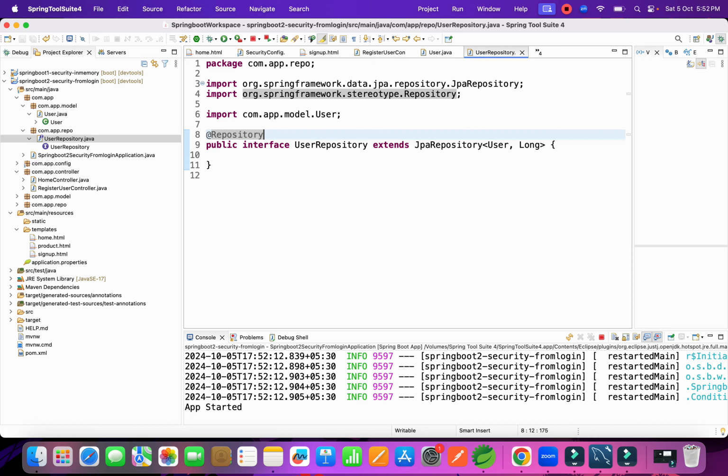Now we have to design our page or maybe the API. So what I'm going to do is, let's design the API first, right? Because we are going to take data from the user, which is two data: one is user ID and one is password, correct? And with the help of that, we can register the user into the DB, and we can provide the login also based on those two fields only. So let's go to the controllers,